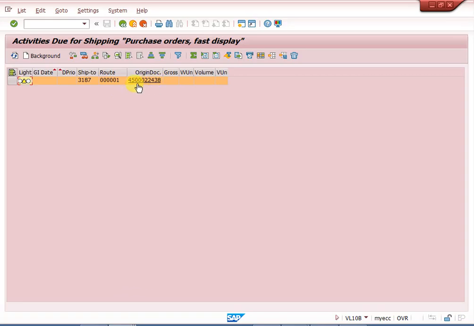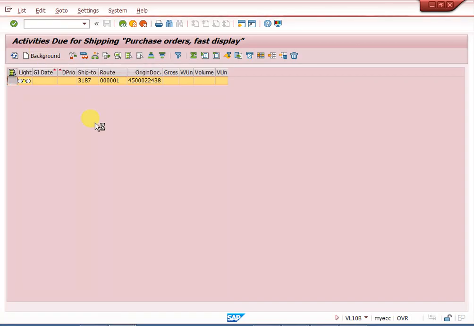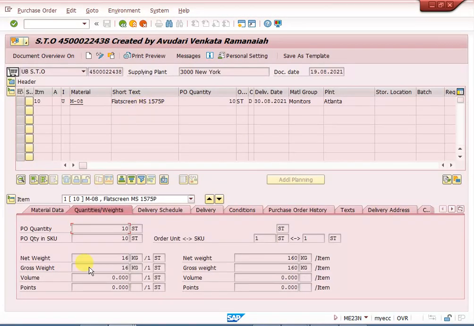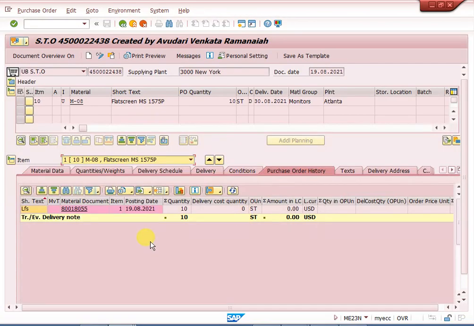Right now I have created only this one. Click on background, and the system will automatically create the delivery. See, delivery created. Go to VL02, the automatic delivery will come. Otherwise click here, this is success. Here the purchase order history is there, and in this purchase order history your delivery document can be shown.